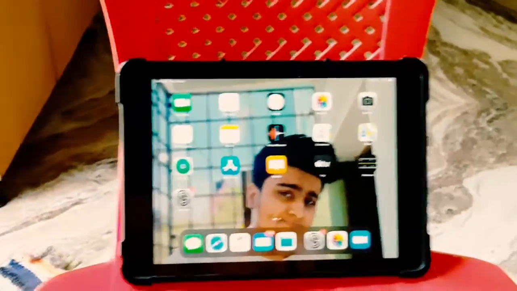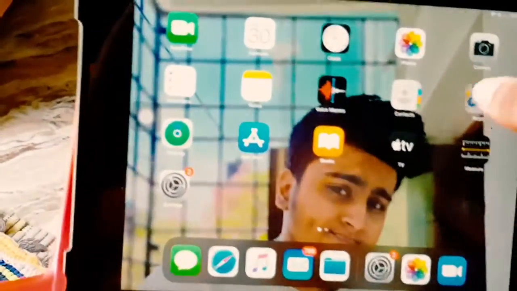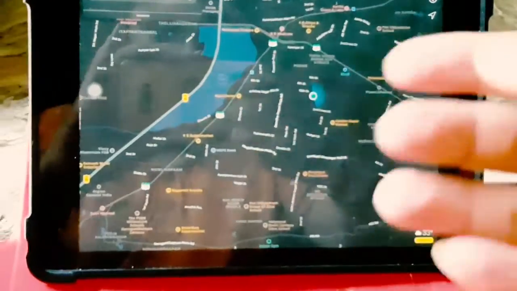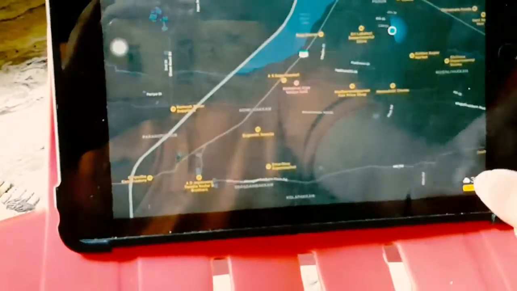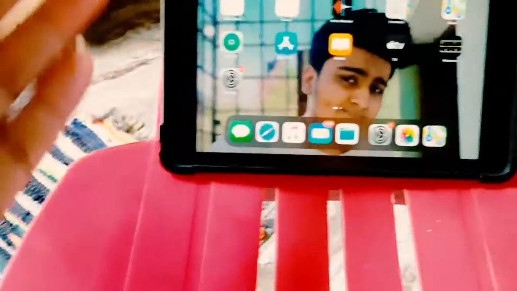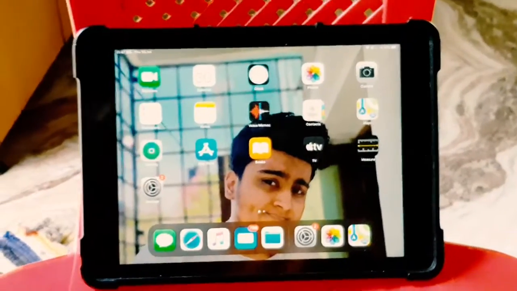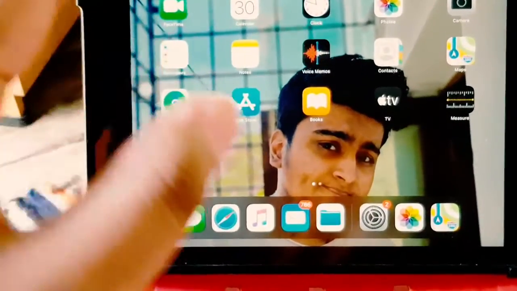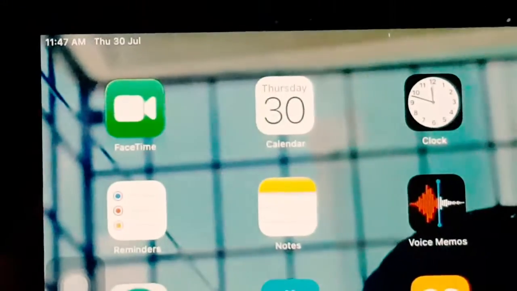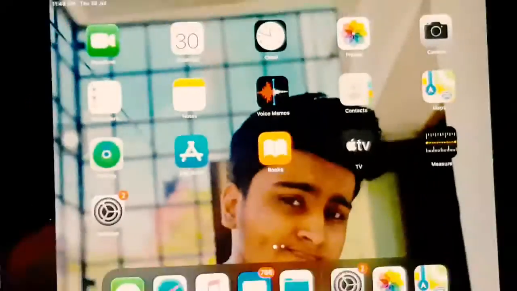The third thing I want to mention is the improved Maps. It's better and more efficient than before. It's perfect, your location accuracy is better than before, and quite a few new changes have come. And the fourth, a very big improvement: if you have an iPad or iPhone without FaceTime, now you will get it on iPadOS 14 without any cost.